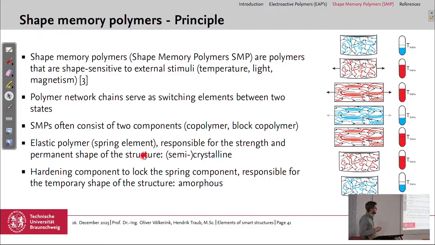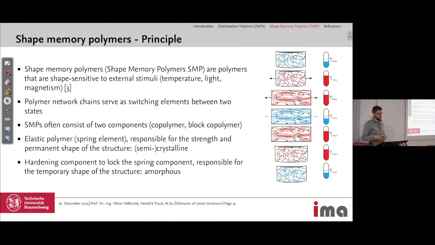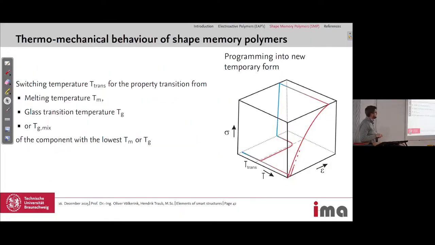It's semi-crystalline. And then we have a hardening component, which locks the spring component, responsible for the temporary shape of the structure, and this is most of the time amorphous. So 2 types of polymer mixed, one as the elastic polymer and one to harden the component and to lock the shape. And if we have a look at this diagram to get an impression how it works,